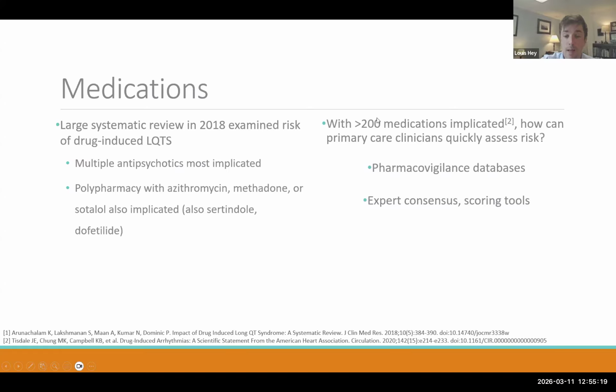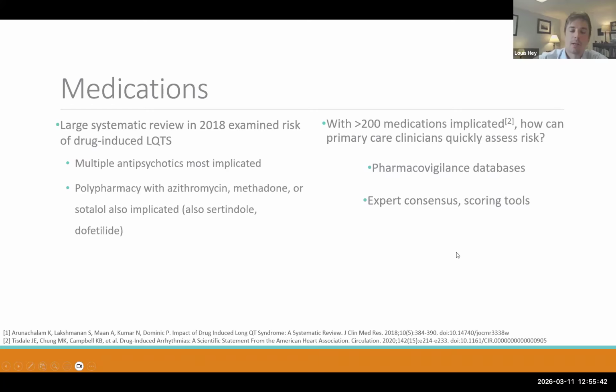But anyway, Credible Meds is usually where pharmacists will recommend that you look. It's free to sign up for any clinician in the United States. I think you need an NPI number, or maybe just an email address associated with the place of work, but it's free to sign up. And then there's an app for Credible Meds, so you can just plug in the name of a medication, and I'll show you a little bit later how it summarizes the data.